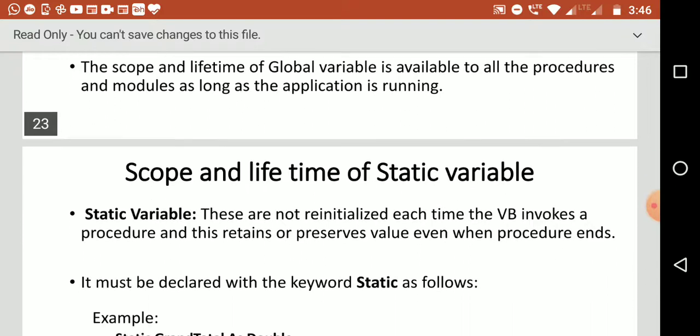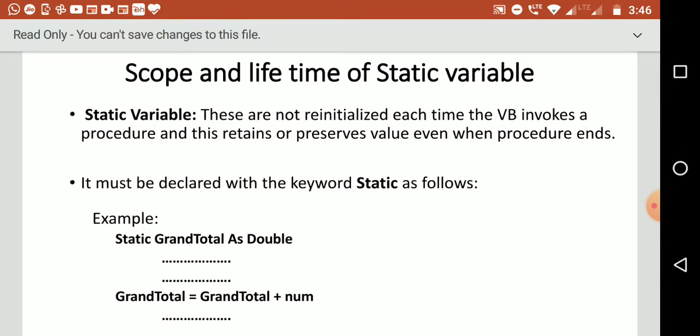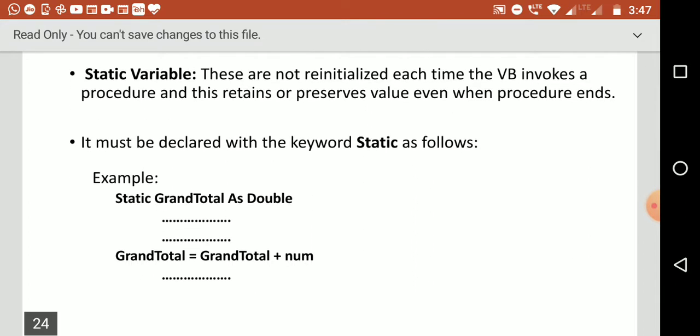Okay, now let's see what a static variable is. We know what a local variable is and what a global variable is. Now let's see what a static variable and its lifetime are. A static variable cannot be reinitialized each time VB invokes a procedure, and it retains or preserves the previous value. It can be declared using the Static keyword.